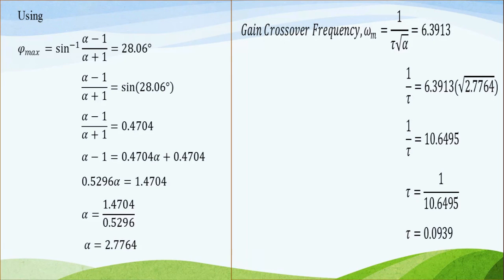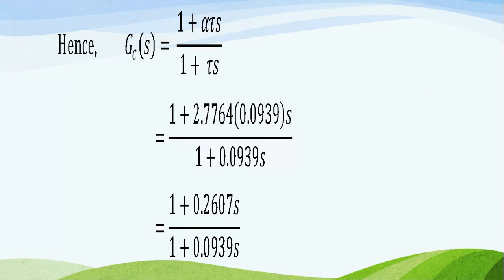Doing the calculation and rearranging, the tau obtained is 0.0939. Then we can rewrite the lead network function into the general form, (1 plus alpha tau s) over (1 plus tau s), and the result is (1 plus 0.2607 s)